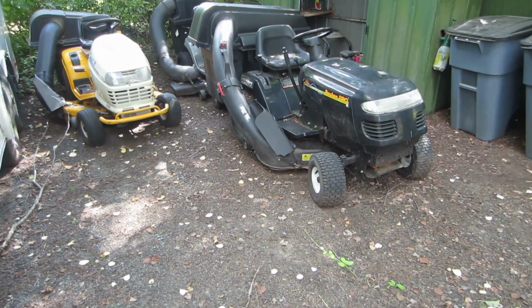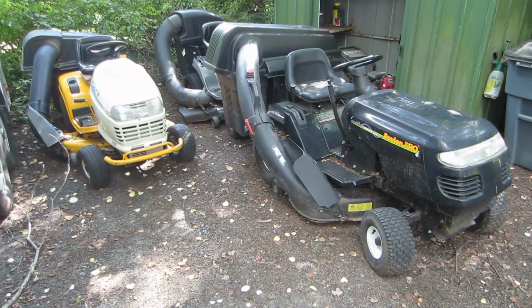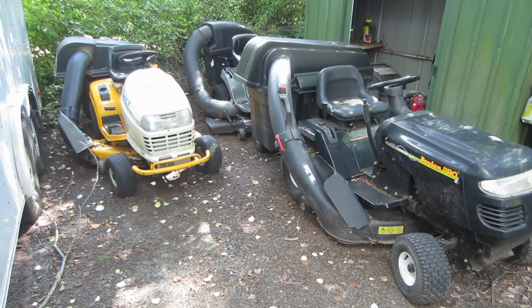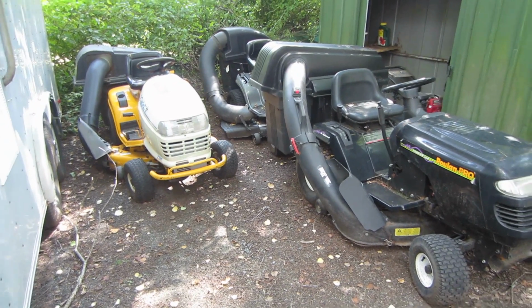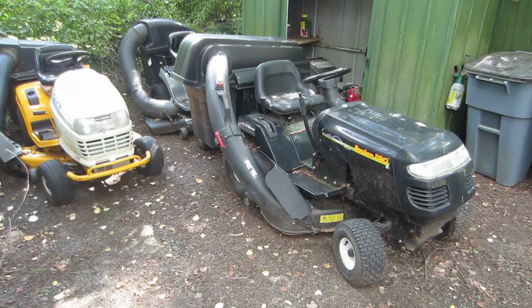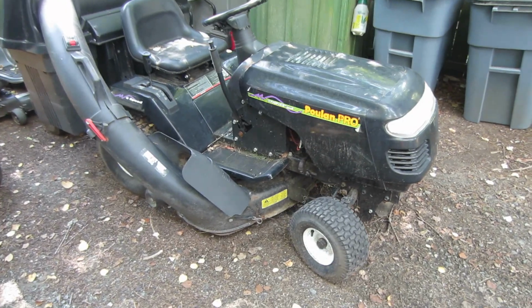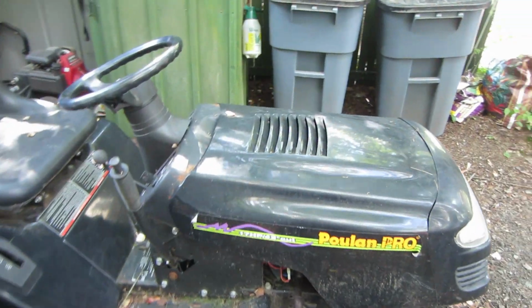Then we have these three, and all this stuff came from the same property. It was, I wouldn't call him a kid, in his 20s. Had bought a house, moved from where his parents' house was, and this was stuff that he kind of played around with, and had to get rid of all of it because the parents' house is getting redone or whatever. So we have a Poulan Pro, which is the same as a Craftsman, 17 horse, 42 inch cut. I believe this one is